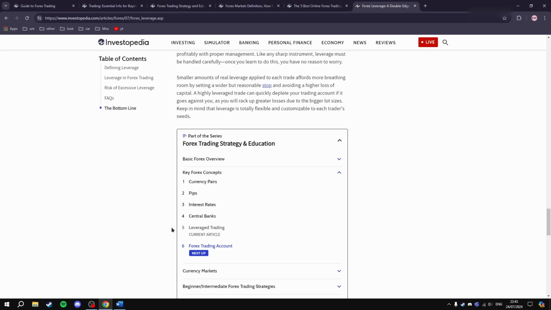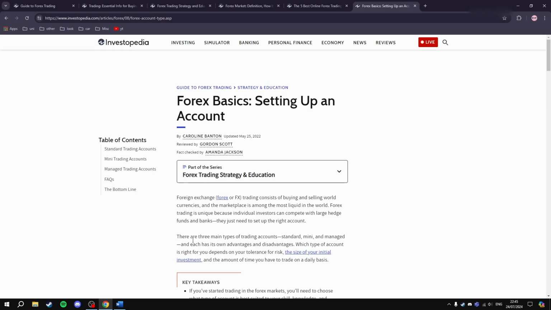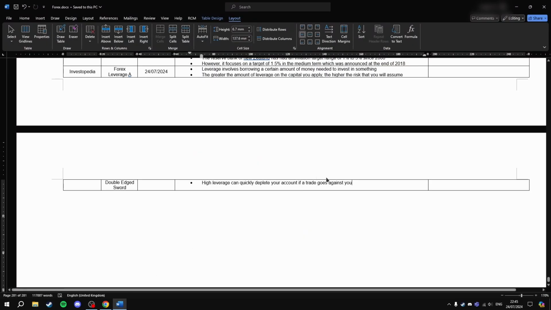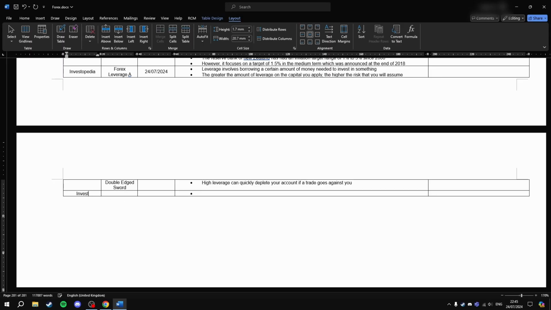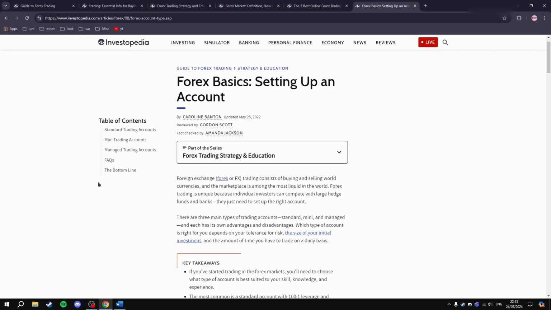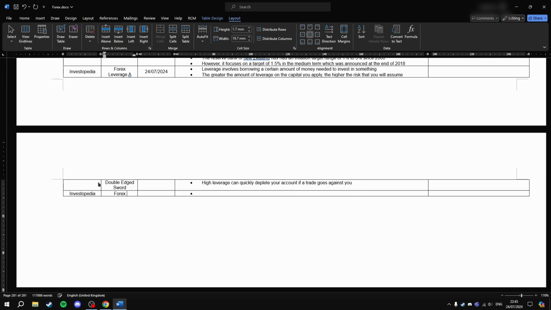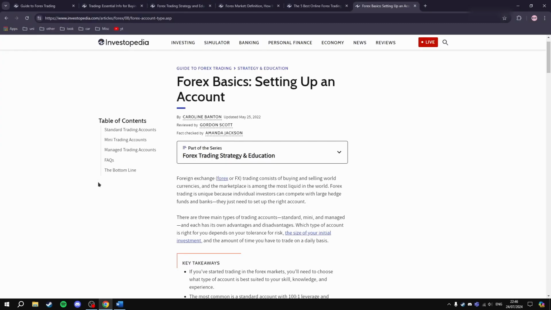That's leverage trading done. So next one, Forex trading capital. So Forex basics, setting up an account. So this is Investopedia, Forex basics, setting up an account,